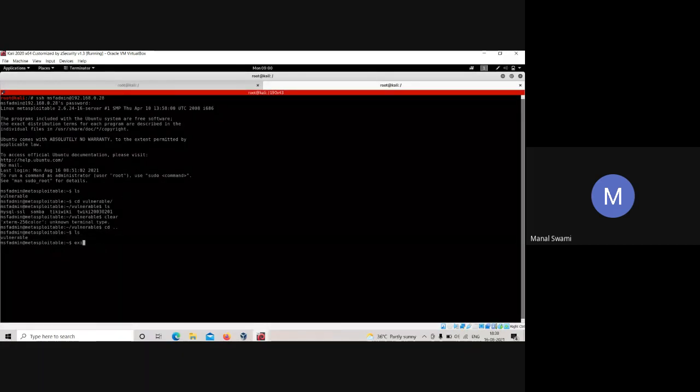So in this way you will get the root privileges. If you type exit, you will get logged out of this particular system and the connection will be closed. So these were two methods to hack into a machine. These were very simple methods. So I request you guys to practice it today.